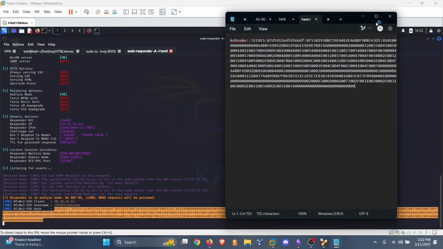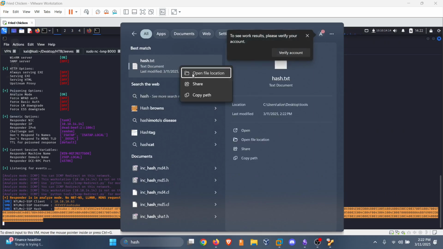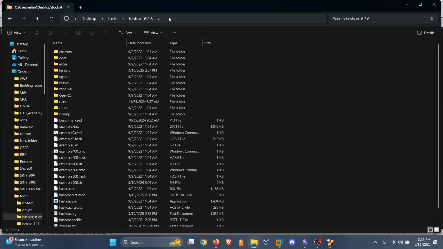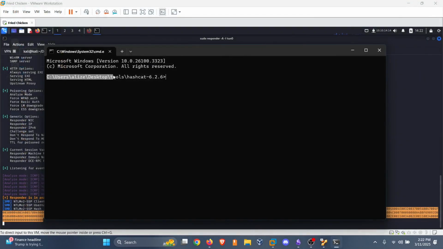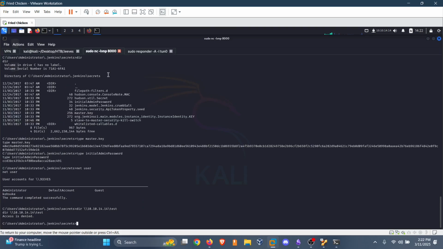Place this in, save this. Let's open file here. Cat, cd, and from here, hashcat with rockyou. You can run this. Other things that we should be looking for is